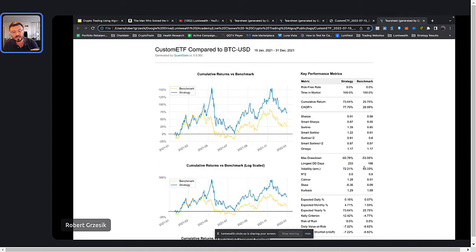Same thing with volatility. Volatility means how much it goes up and down on a regular basis. Max drawdown is your biggest drop; your volatility is your day-to-day up and down swings. The day-to-day swings for Bitcoin were 65%. Ours were 72%, so a very similar volatility to Bitcoin. Again, we're getting triple the returns and still keeping about the same level of risk. Very good strategy, in my opinion. I think this is a great way to invest.